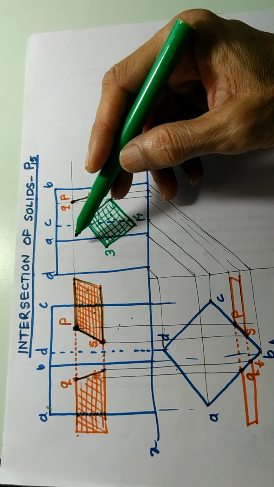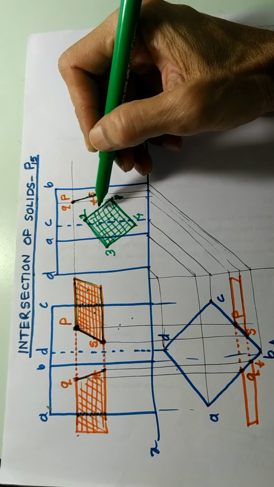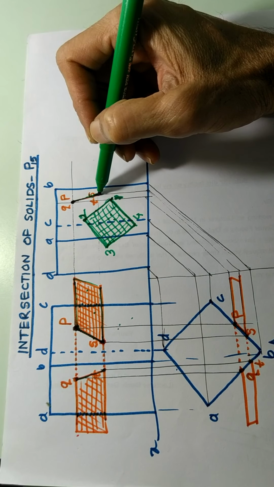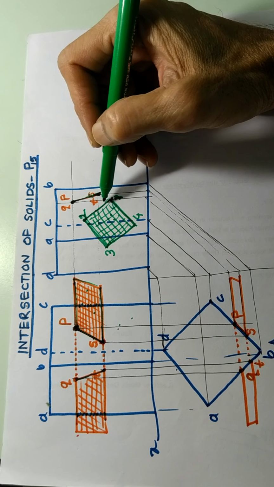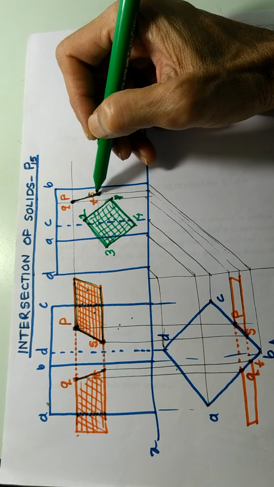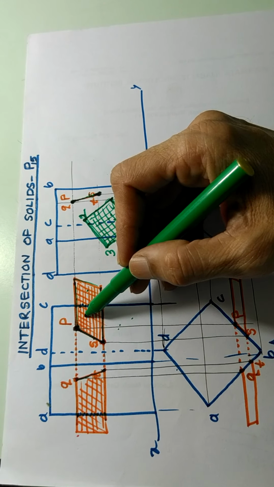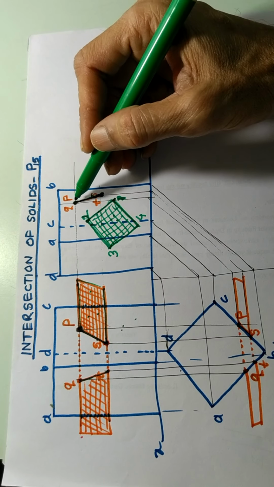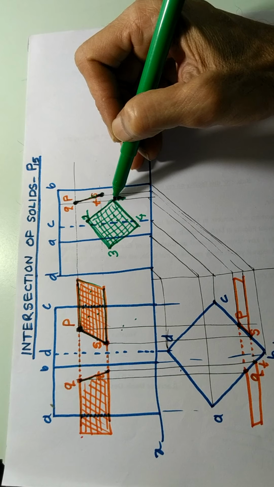So when the question is asked, what you do is you try to find the answer by comparing this question with another question whose answer you already know. Now you create a question of your own. This is the question that is asked. This is a question which you have created yourself, that you have drawn one plane and you have found out how this plane is going to be seen if it intersects the prism. So whatever you have done for this particular plane, the same thing you have to do for this plane and you will obviously get the answer.